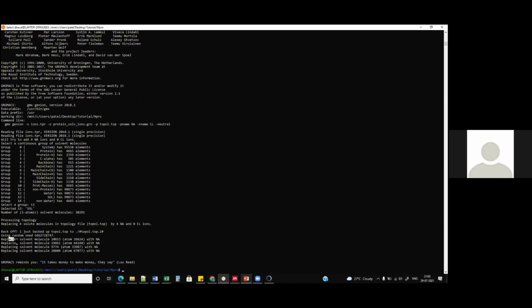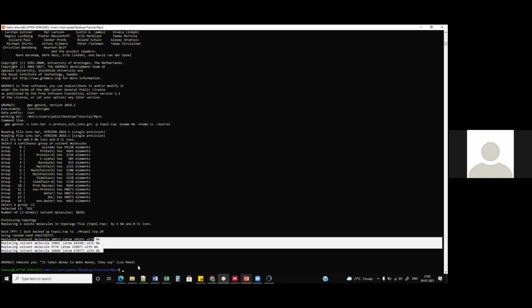Okay, so it has replaced solvent molecules. This is the number of molecules which has been replaced. It is a very random process. It doesn't specifically target anything, but it does it in a way that the water molecules or these ions would be a little bit far from the protein. They're not going to interact with the protein. So it has replaced 4 water molecules with 4 sodium ions.